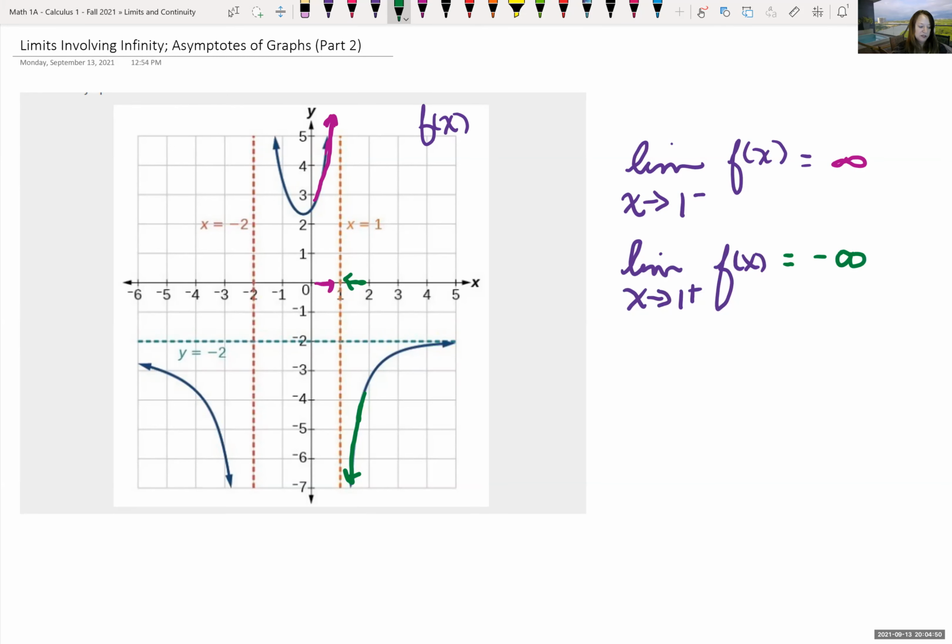So we could do the similar thing as looking at the limit as x is approaching -2. So let's look at now the limit as x is approaching